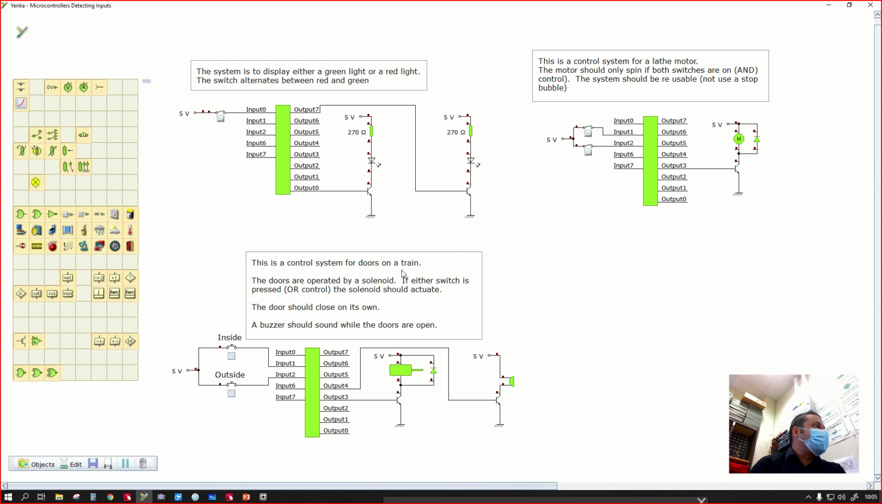This is the control system, the last one. This is the control system for doors on a train. The doors are operated by a solenoid if either switch is pressed. So this is OR control. The solenoid should actuate. The door should close on its own. A buzzer should sound while the doors are open. And I'm going to let you decide whether you think this system uses a stop bubble or whether it's looped